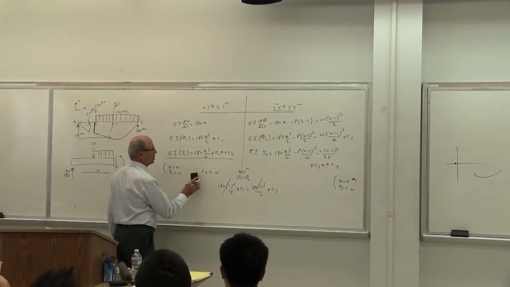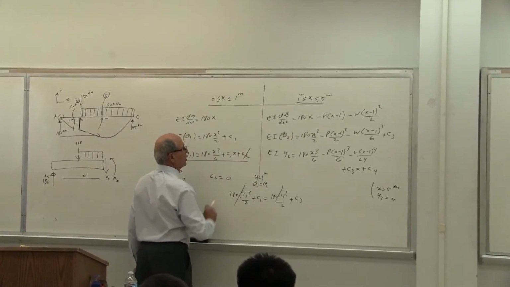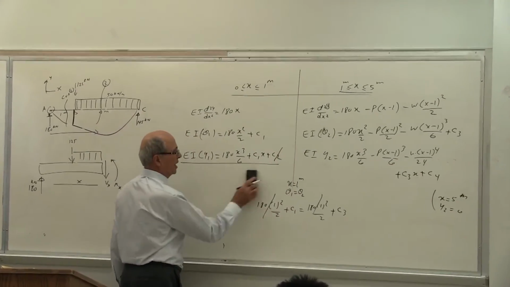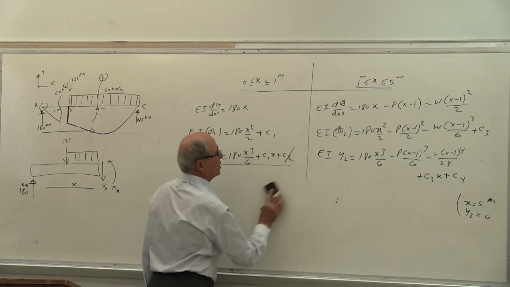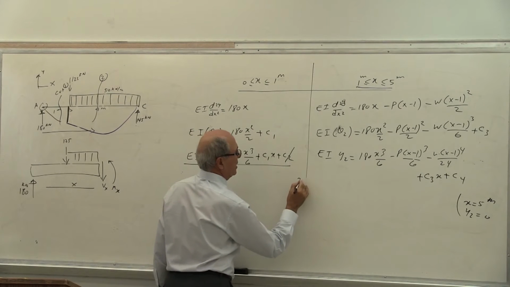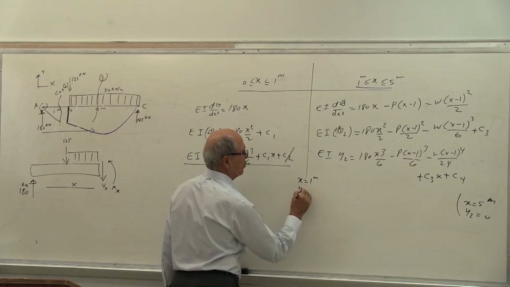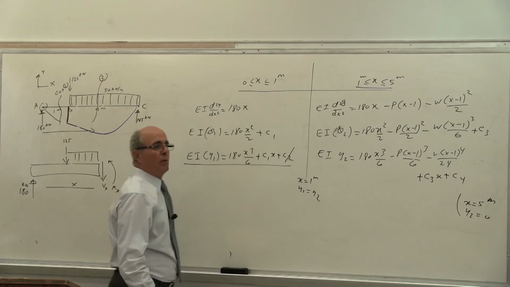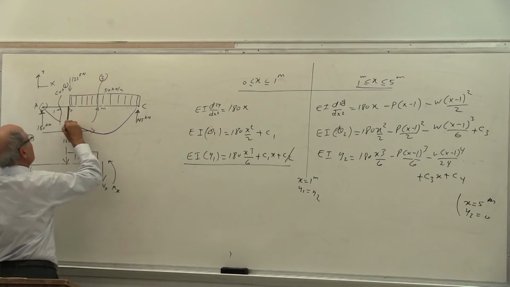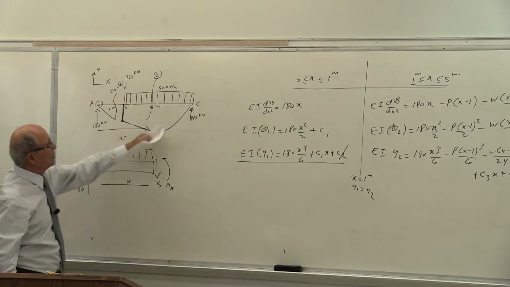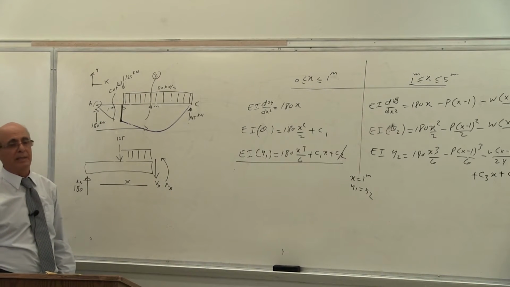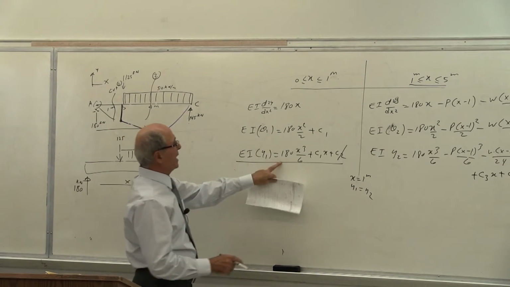So I'm going to erase that because I do not have it. C2 already gone to 0 because we already established that one. With this one, is this equal to that? That's the case. Now again, at X equal to 1 meter, Y1 must be equal to Y2, because at these two, they are joining together. Only at that point, not at X. X means all of this. X means all of that. Everybody understand that?